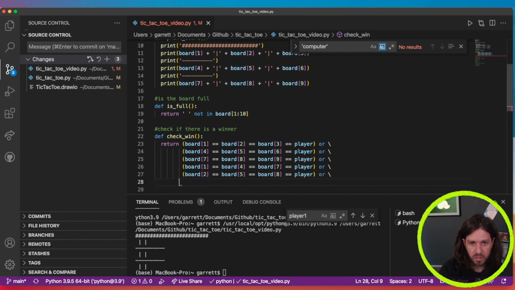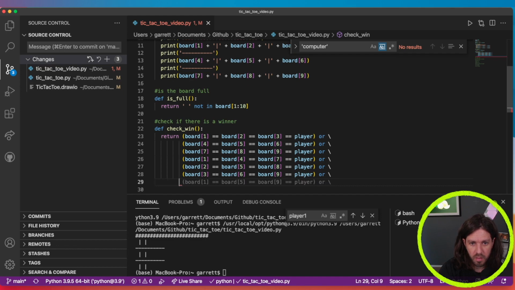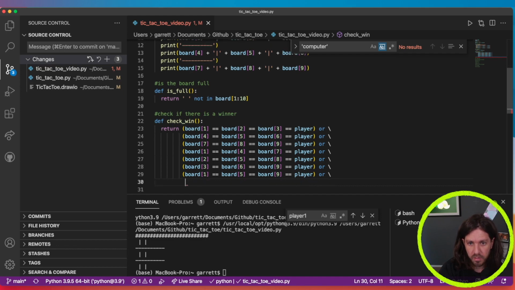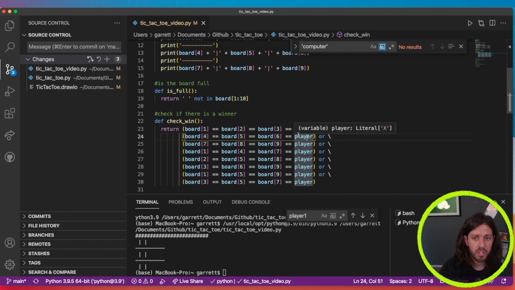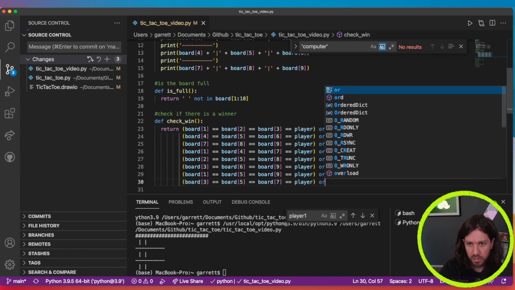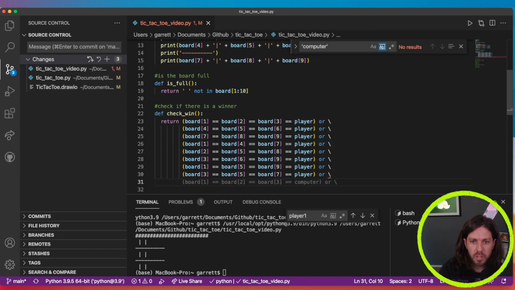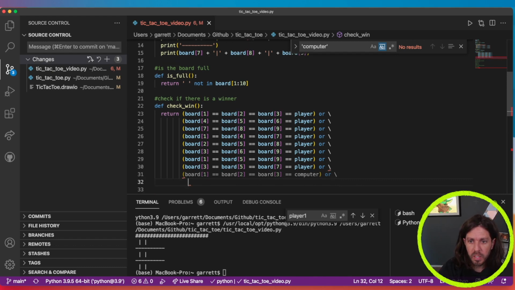There's our next vertical. Our next vertical. Now it's our diagonal and our last diagonal. And you can see each one of these are equal to player. However, that checks just for players, so we need to do this also for the computer. And so the way that we would do that is the same thing all over except for computer. So that would be